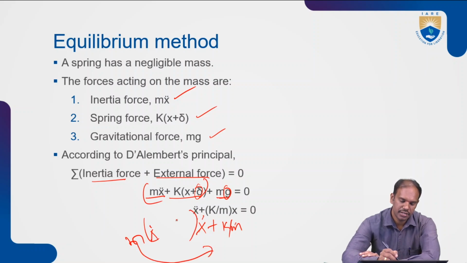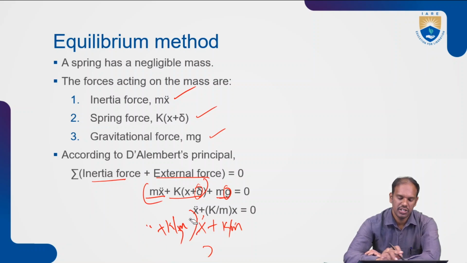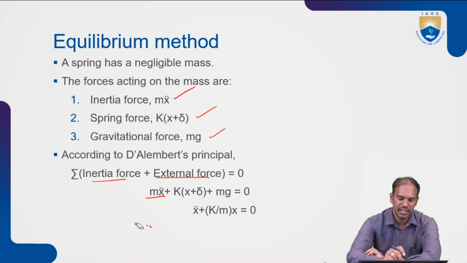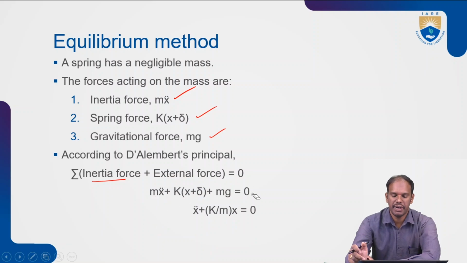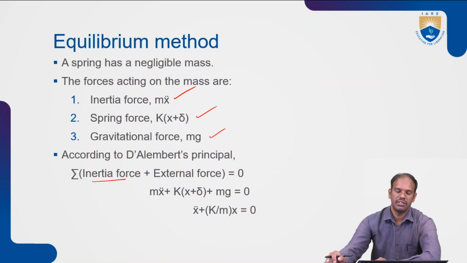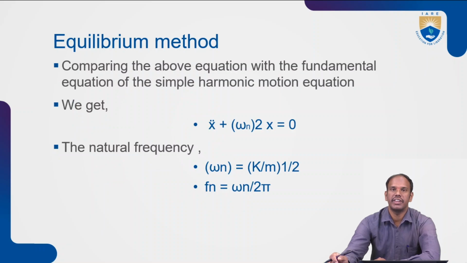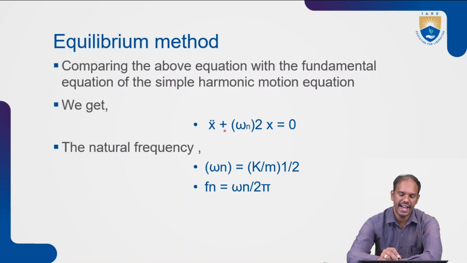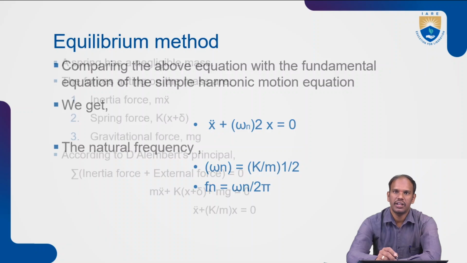So x double dot plus k by m, with k by m taken into this, which is nothing but x double dot plus k by m x equals zero, which is given by this equation of equilibrium. So comparing the above equation with the fundamental simple harmonic equation, we can get x double dot